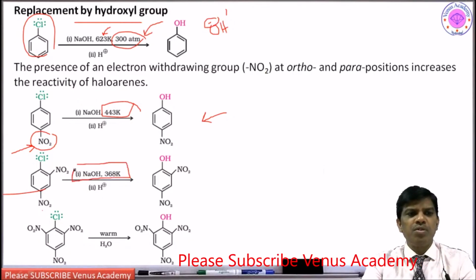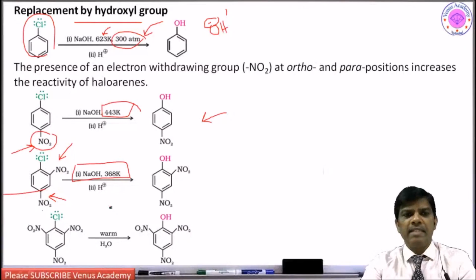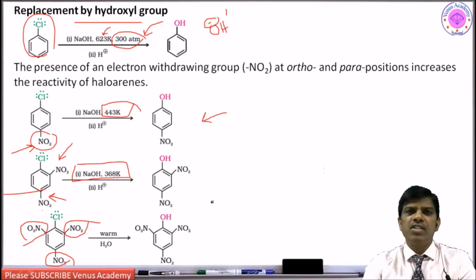And when it is substituted with two nitro groups, especially at ortho and para, it is going to be very easily substitutable with the nucleophile OH minus. When more nitro groups are substituted, just warming at 40 degrees is enough to undergo